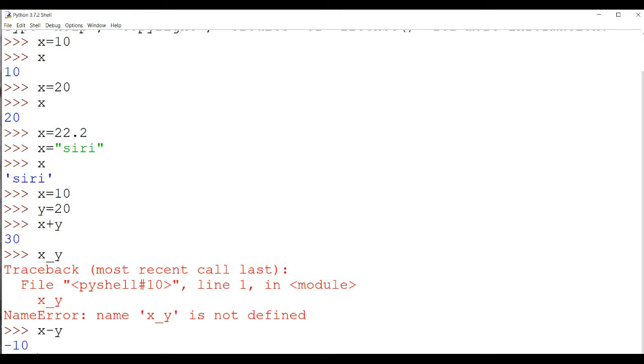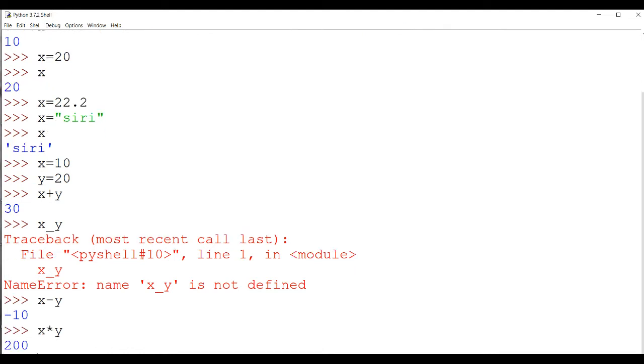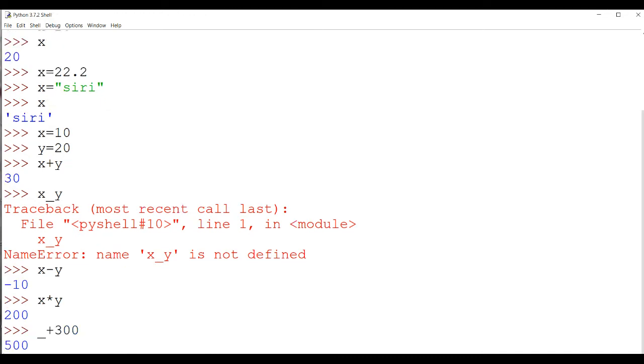And x multiplied by y is 200. If you want to get the previous answer, you can simply use underscore. Underscore plus 300 gives 500. Previously it was 200, now it is 300, so totally 500.